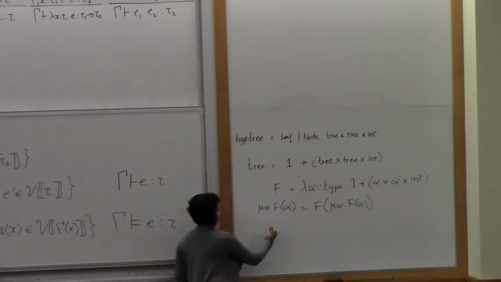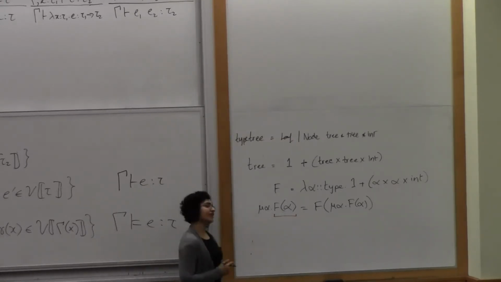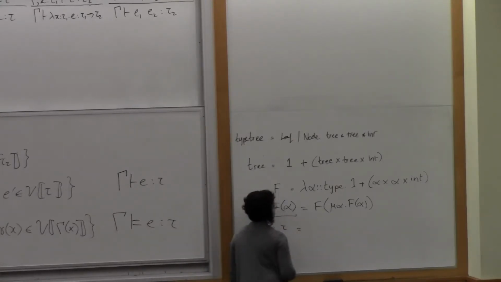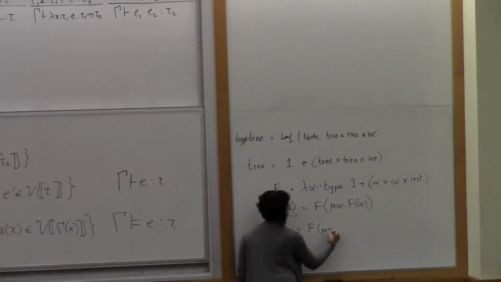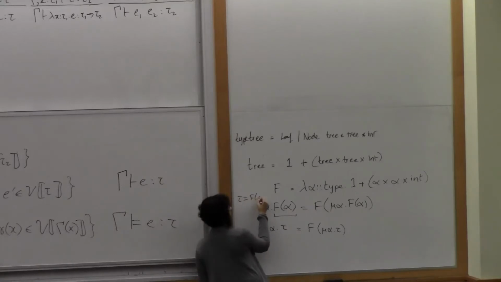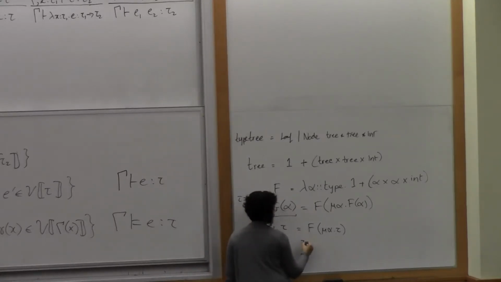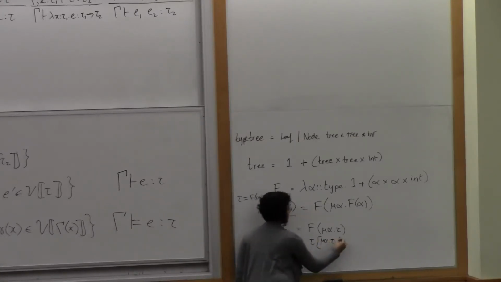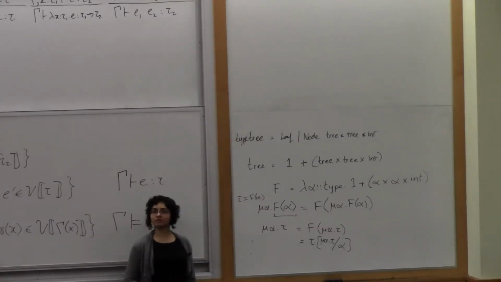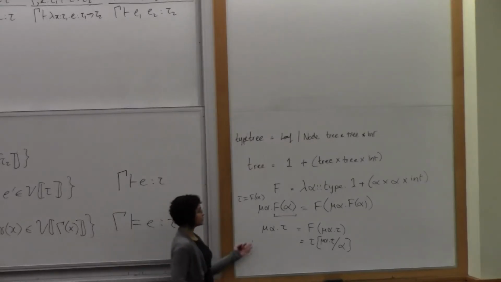Now, let me just write tau here for f of alpha for a second. Mu alpha tau is equal to f of mu alpha tau, but f of this, right, f of alpha, I'm saying let tau be equal to f of alpha, right? So this then is really equal to tau with mu alpha tau substituted for alpha. Yeah? So basically,